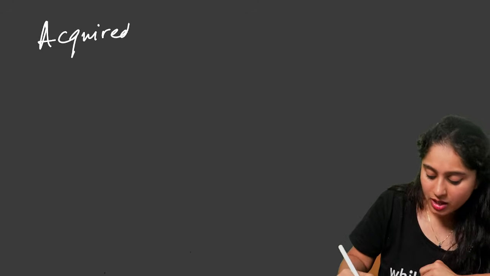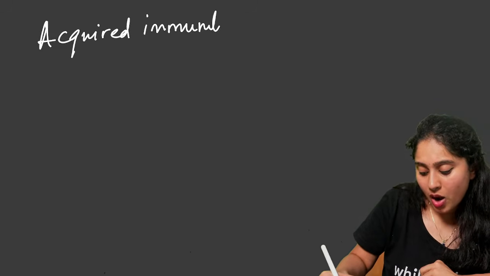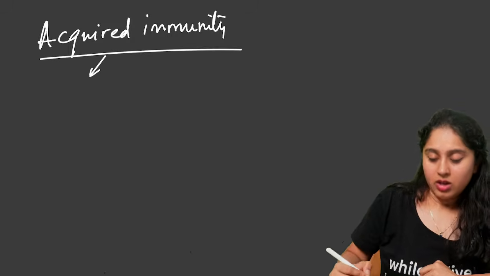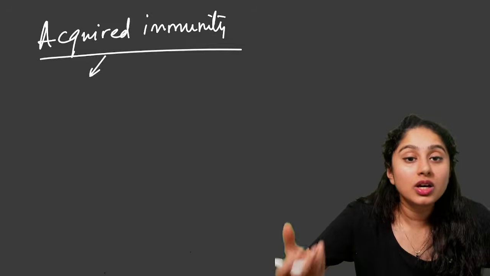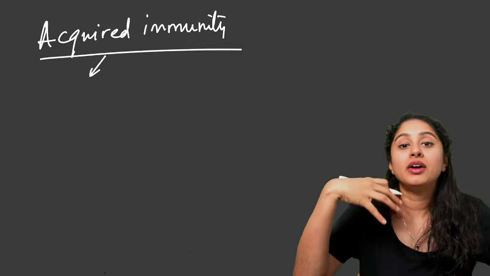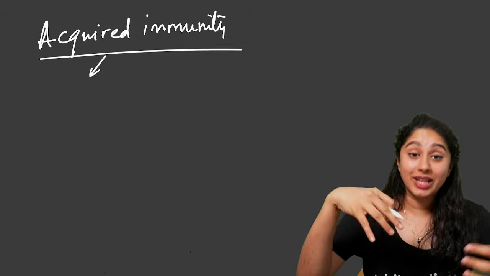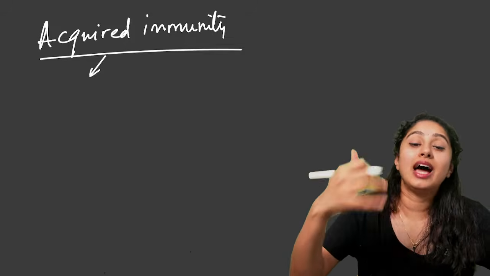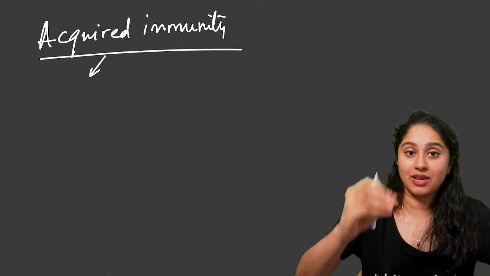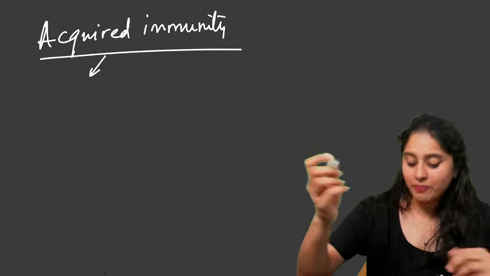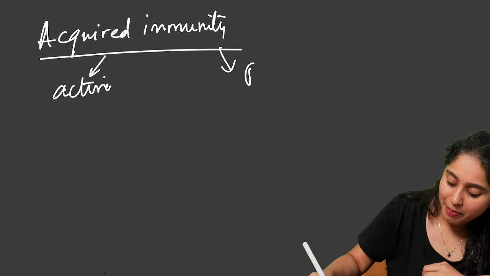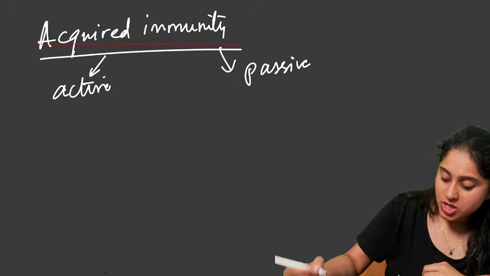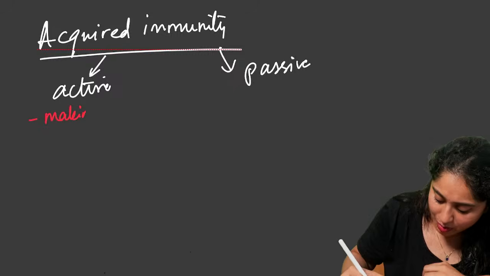The other category is acquired immunity. Naturally, you can get this immunity by actual exposure to the antigen. Once you get exposure to the antigen, you develop antibodies to fight it, and these are very specific for each and every disease that is affecting you. In this we have active immunity and passive immunity. Here, the making of antibodies is involved.